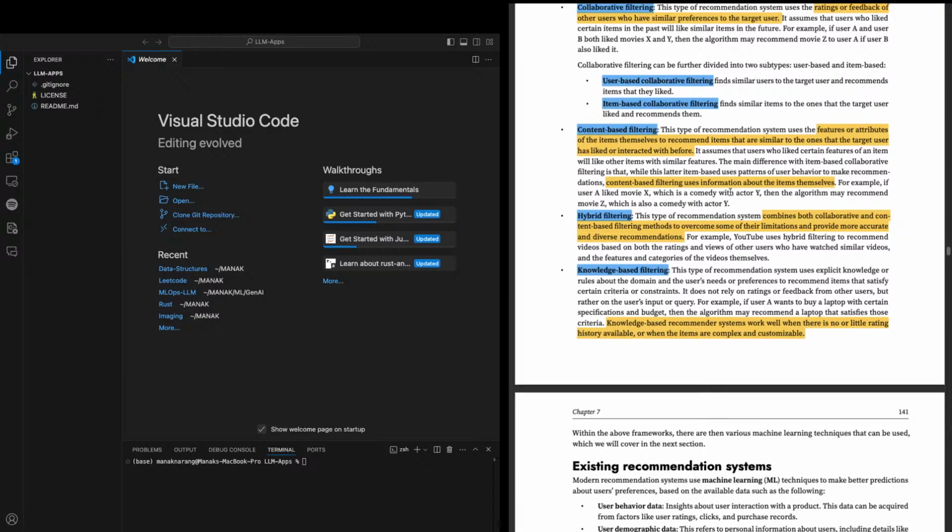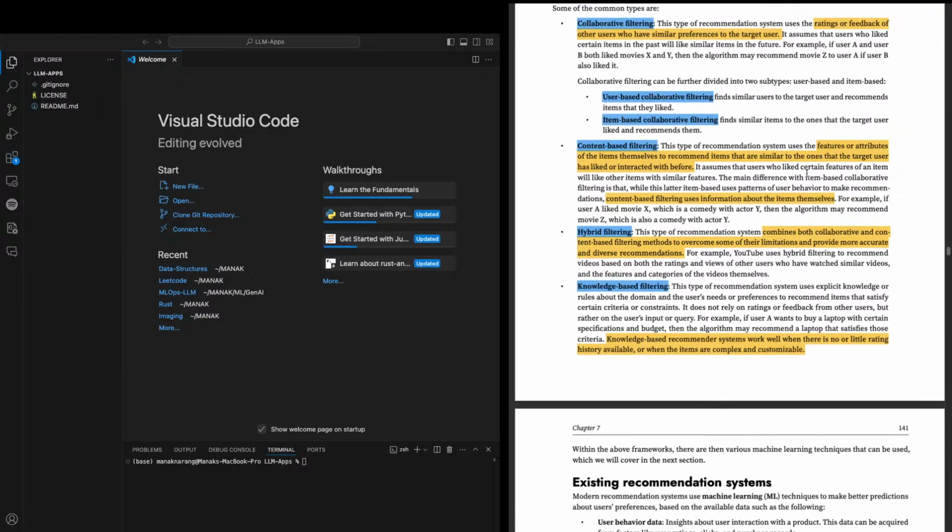Okay, so this goes a bit into item-based collaborative filtering, but this is more like that.